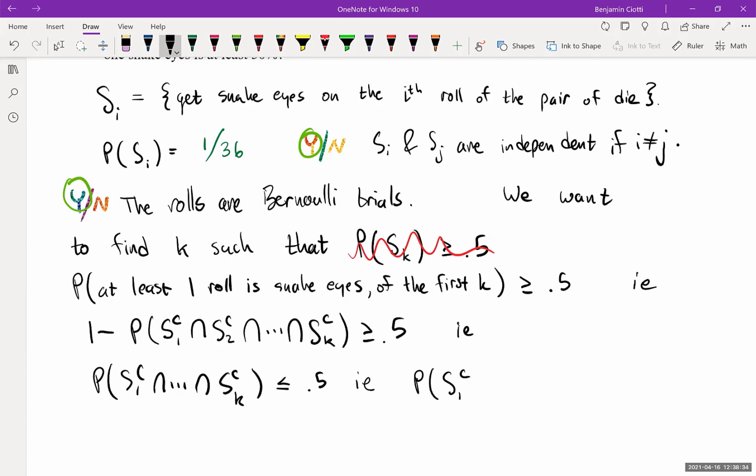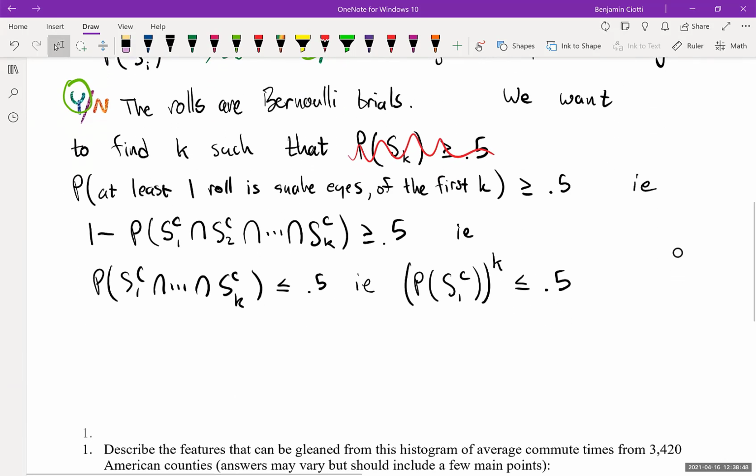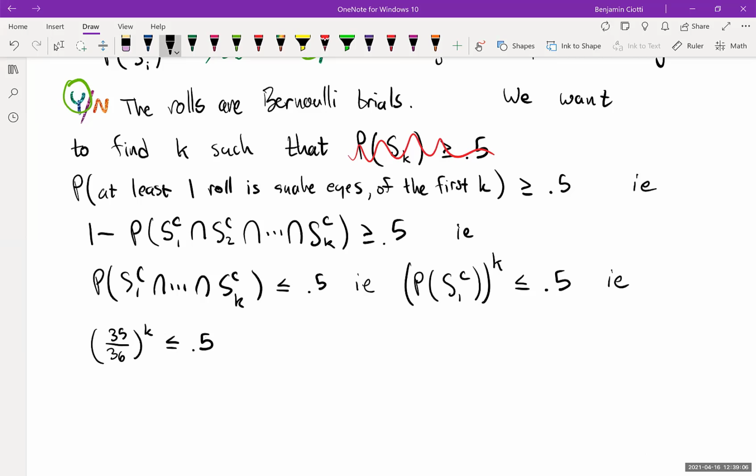So I'll just express that as the probability of the first one, but the probability of not getting snake eyes was 35 out of 36. Okay, so we want 35 out of 36 to the kth power to be less than 0.5. Once you get this equation, the problem's not that hard and it becomes a